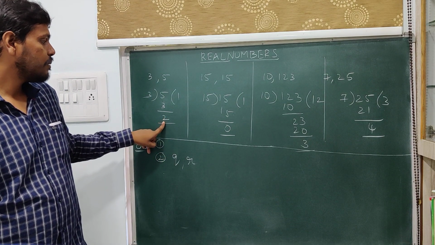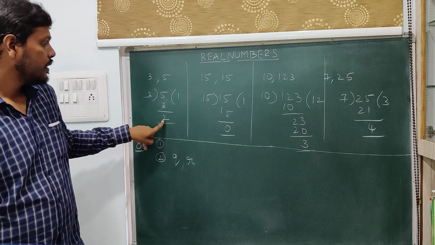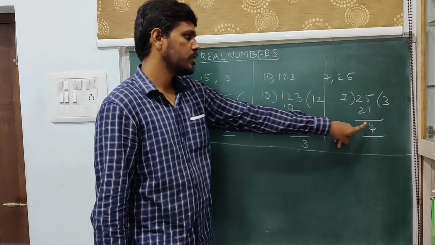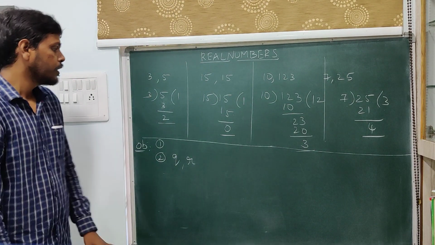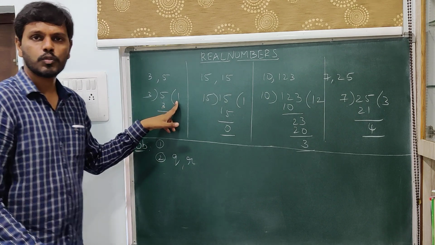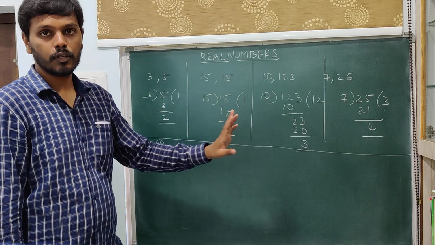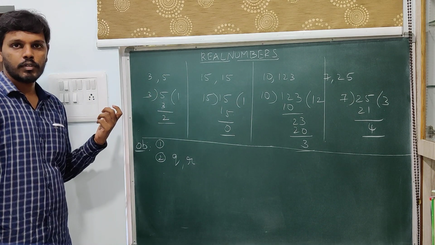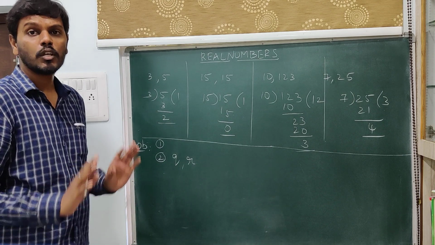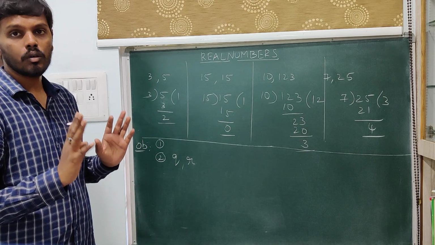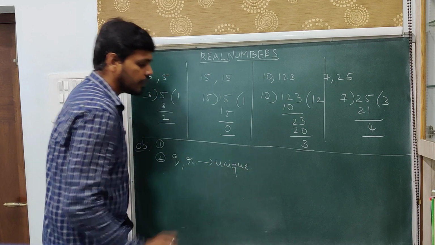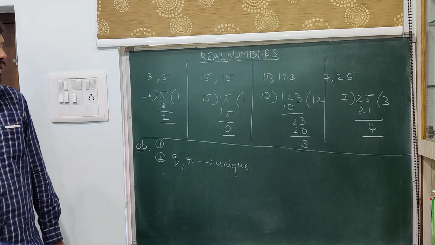Now, let us examine the remainder as well. Here the remainder is 2, here also the remainder is 2, here the remainder is 3, and here the remainder is 4. Just like the way we have concluded that q is fixed, r is also fixed. Therefore, whenever you are given two positive integers, we arrive at two integers q and r which are always unique. That is, they are fixed, they are constant. That is the second observation that you can make.